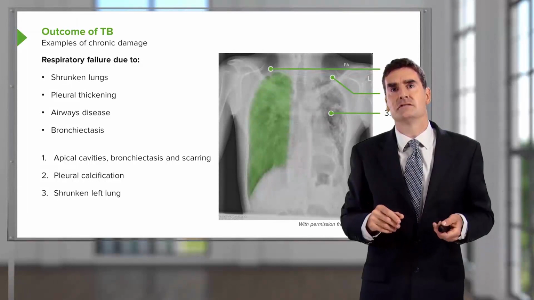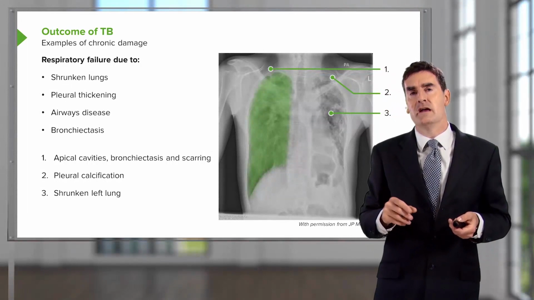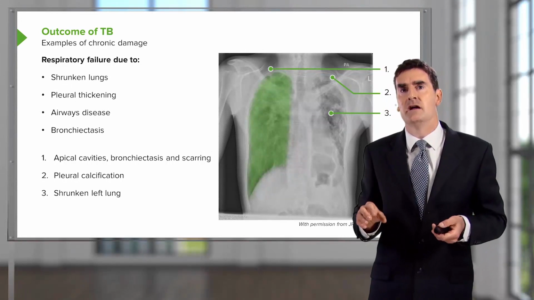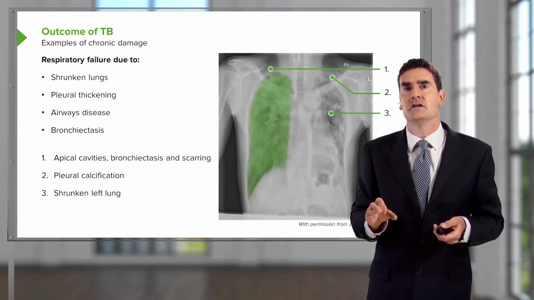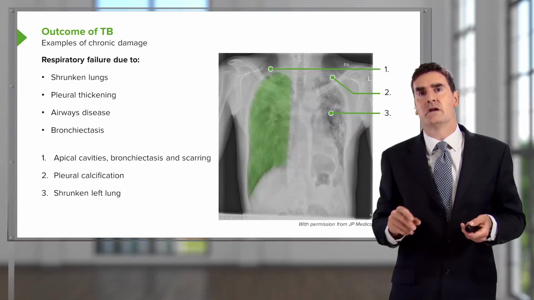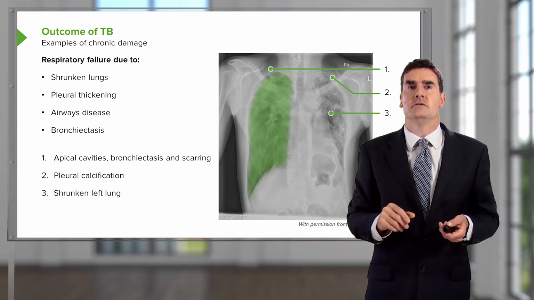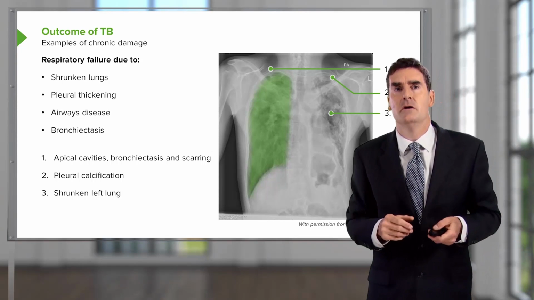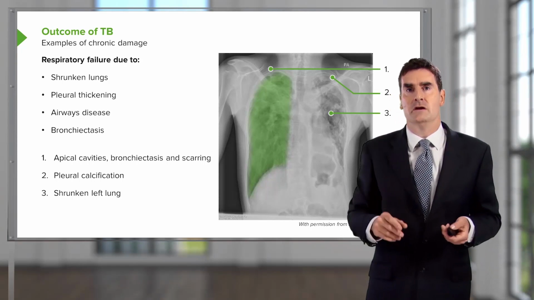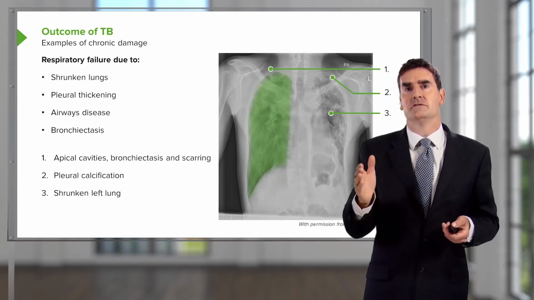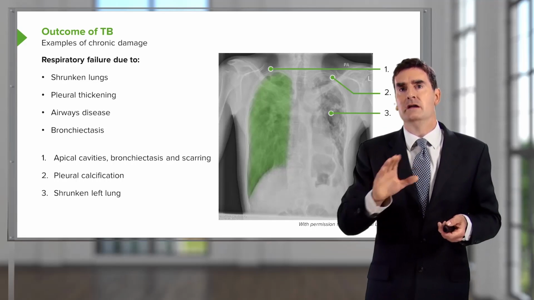In addition, the right lung has quite a lot of scarring in the apices, and if you do a CT scan, you'll see that there are quite marked areas of bronchiectasis and the occasional small cavity in that area as well. And this is a very classic situation that occurs with people who've had extensive pulmonary tuberculosis when they are younger and leads to chronic lung disease. And this patient has respiratory failure as a consequence of this, with type 2 respiratory failure even when he's well.